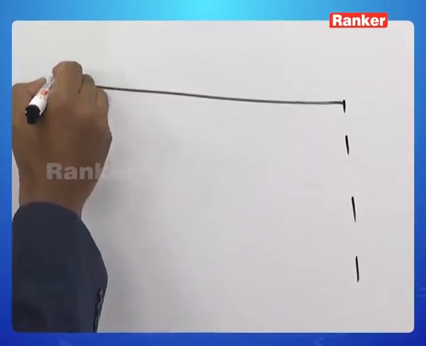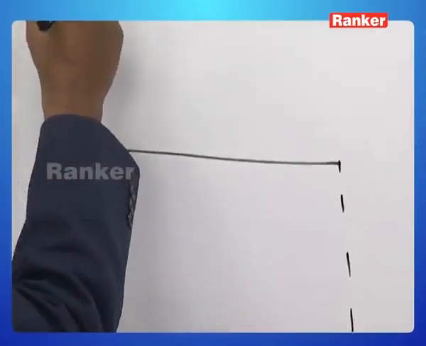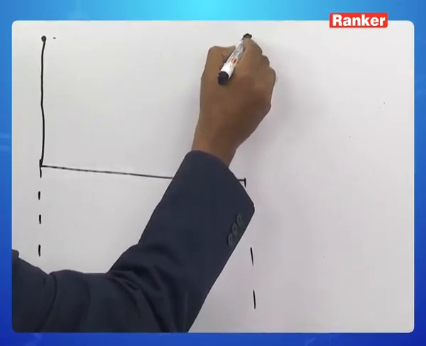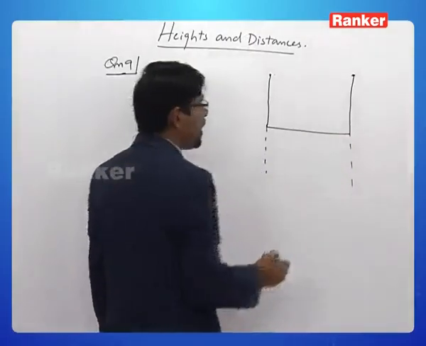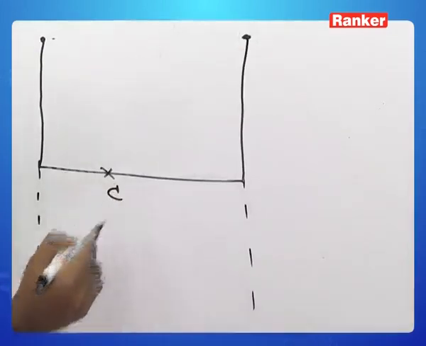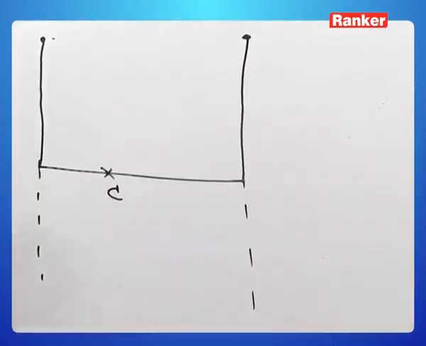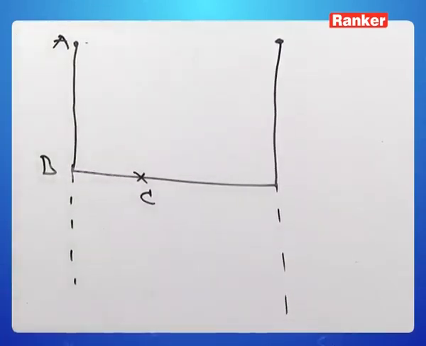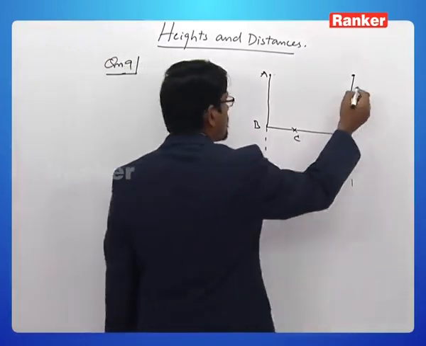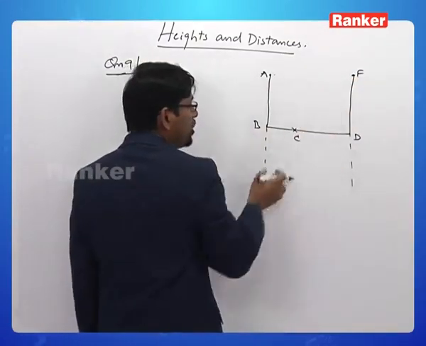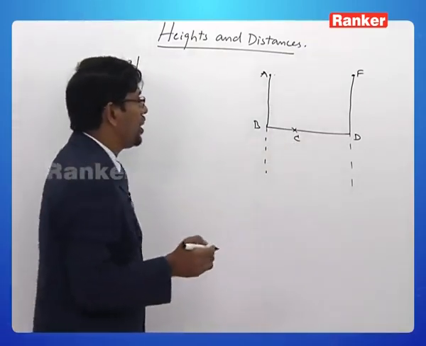On either side of the road we have two poles of the same height erected. This is the road, BD is the road, and at some point C on the road,